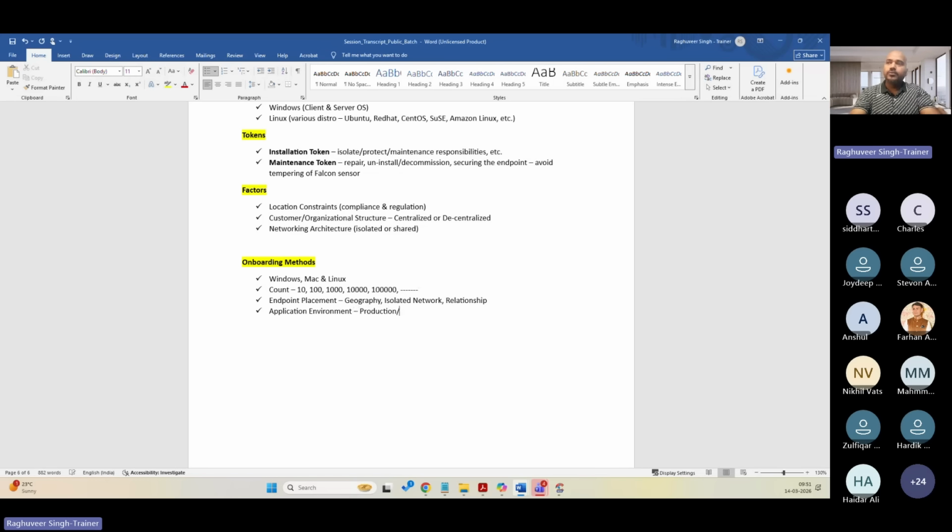Application environment could be production or non-production. Non-production includes testing, staging, development, pre-prod, all that comes into non-production. So that's another factor that you need to consider. Now, based on these factors, one more factor, endpoint type. Type basically means whether they are bring your own device, whether these endpoints are personal endpoints belonging to the employees of the organization, whether they are corporate domain joined,